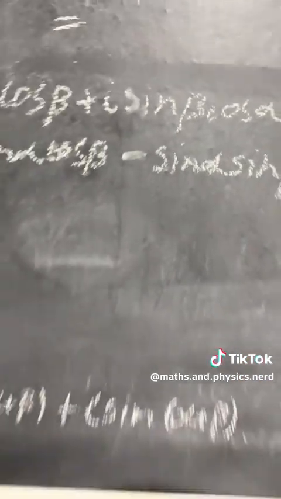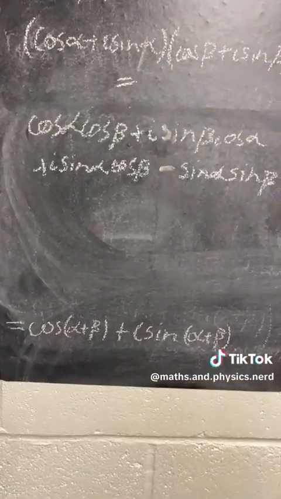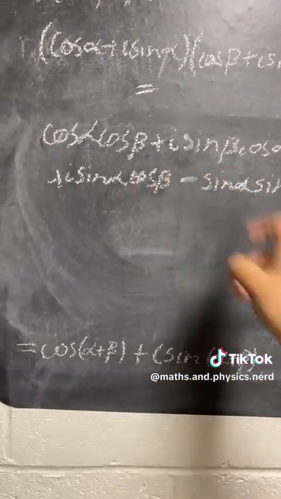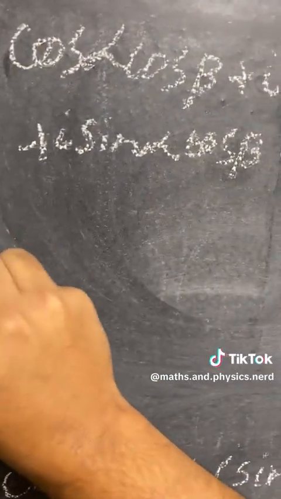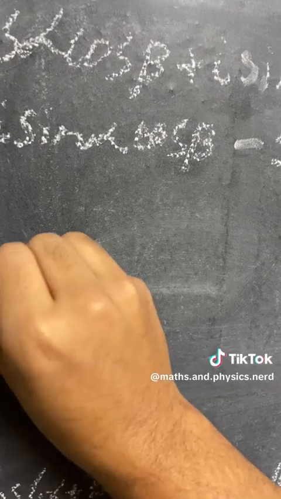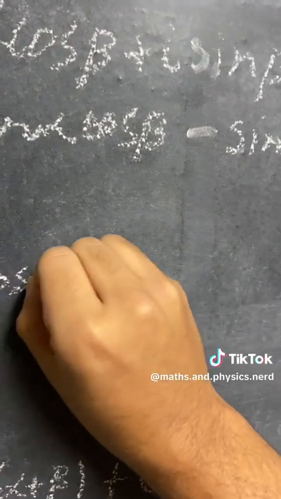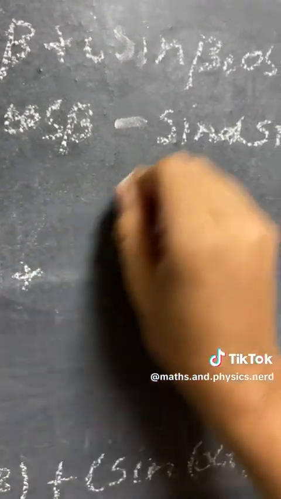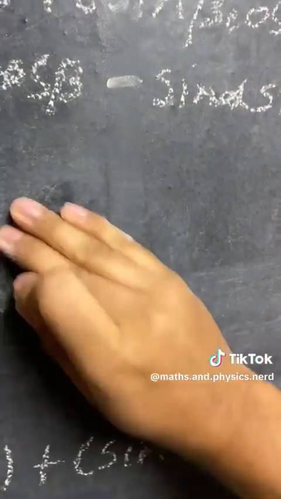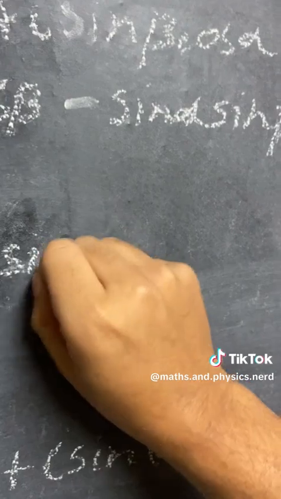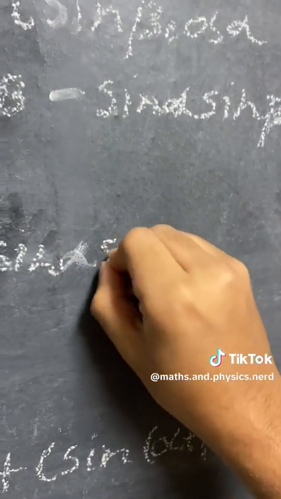And now what we can do to make this match this form is take out a factor of i from the two terms that have it, and so we'll get that this is equal to cos alpha cos beta minus sine alpha sine beta,